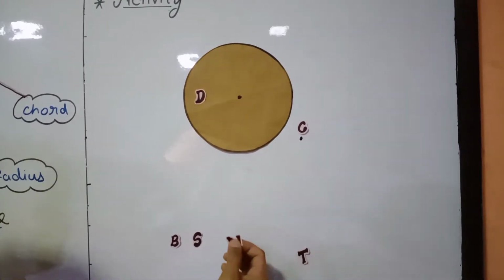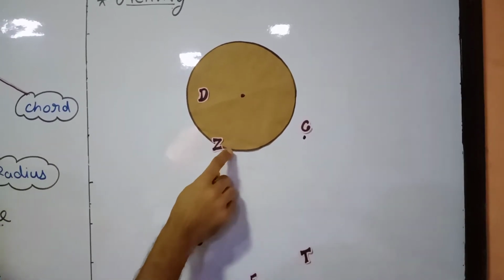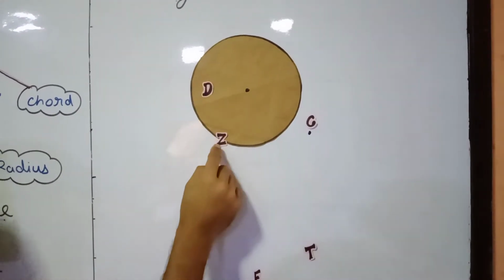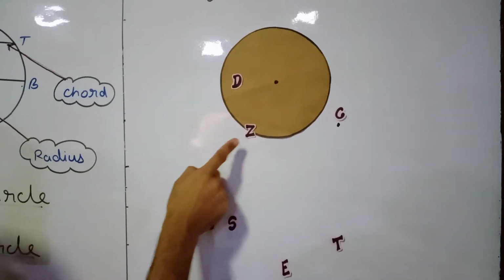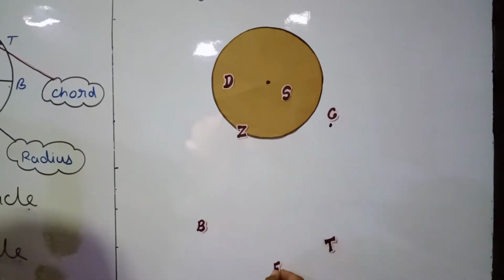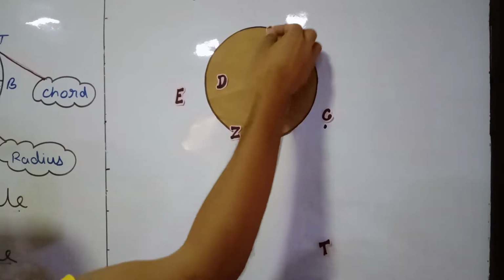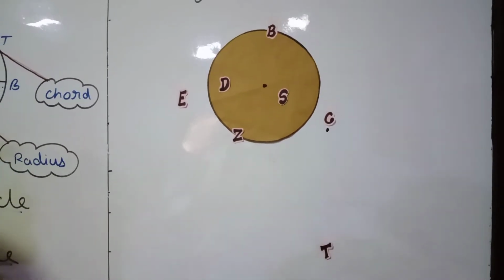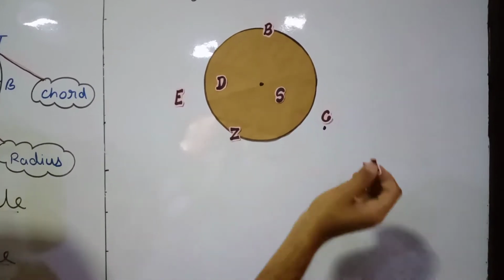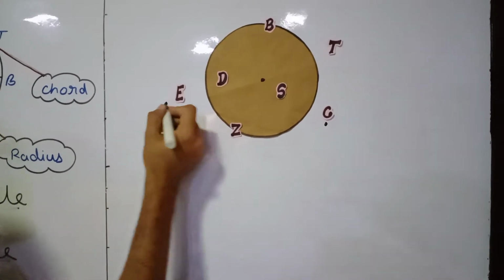Z could be on the circle, that is on the black line. This black outline, if we have any point on that, that means that is on the outline. S is in the interior part, and if you want to say E, exterior part, that could be there. B, suppose we have it here, is that on the exterior part or interior? No, that is on the circle. And again we have one more, that is T, outside of the circle.